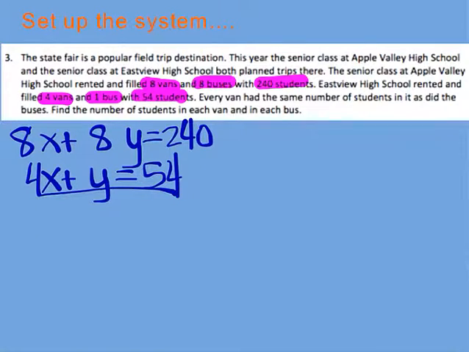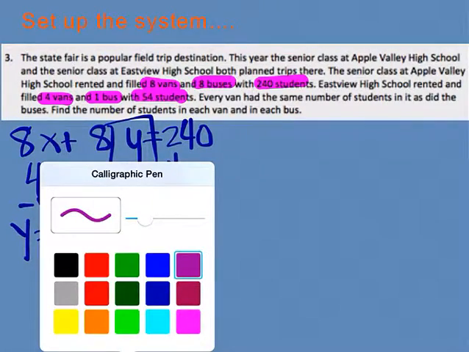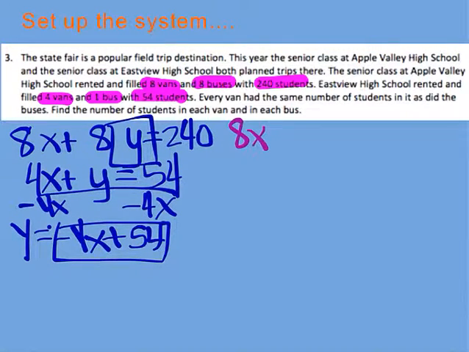I'm going to go ahead and solve this equation for Y. I'm going to subtract that 4x over to the other side. Then I get that Y is equal to negative 4x, despite the fact that that looks like a Y, plus 54. Now this can be substituted in for Y in that equation up there. So let's do that. I'm going to have 8x plus 8 times, now instead of writing Y, I'm going to write negative 4x plus 54